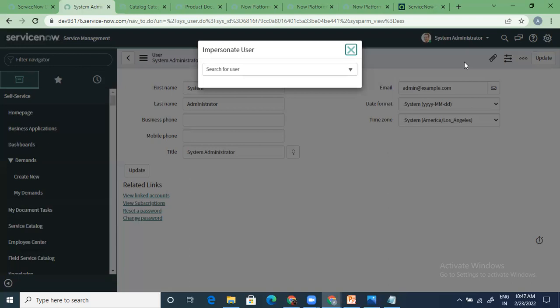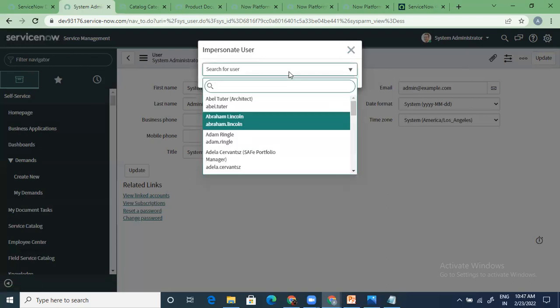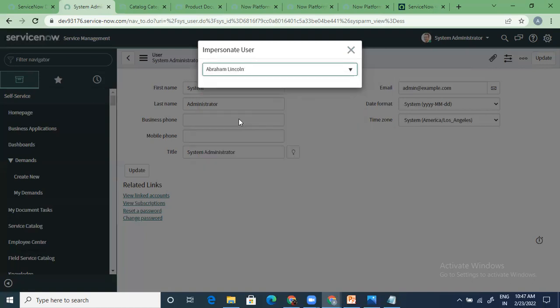Is he the end user? Is he the only approver? Does he have only approver rights? So all those kinds of access you have to understand, and for that you need to know that person's name. For example, if I do this Abraham Lincoln here, he might not be able to see everything that I am